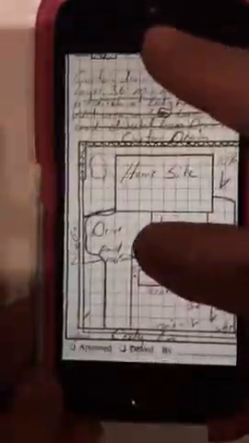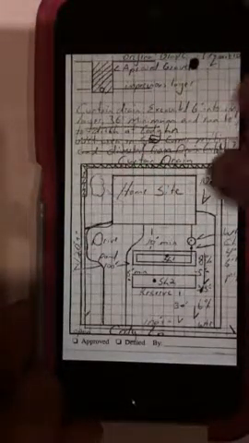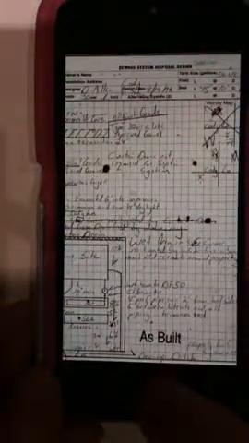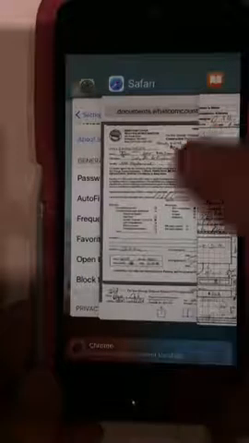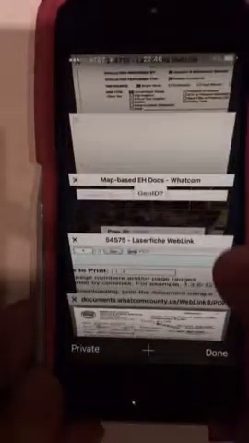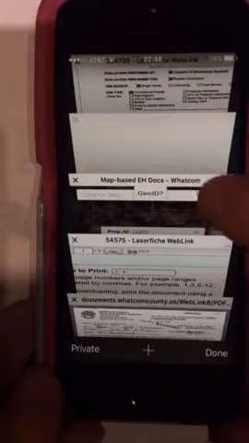I can look at the sketch really easily. There's the home side, the driveway I was looking at before. So I think that's helpful. It's more convenient to look at in PDF format. But anyway, let me go back to Safari because I'm interested in the ROS. So I'm going to go back to a different tab page. Let's see, I need to go back